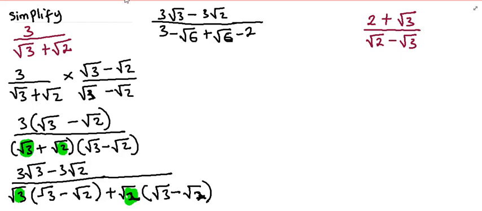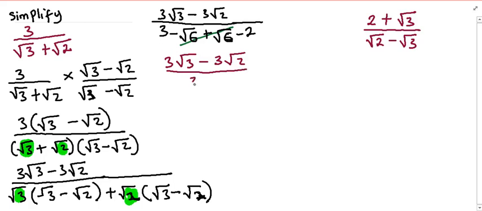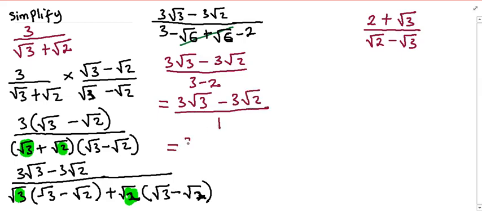I want you to observe closely that minus √6 plus √6 goes away, that's 0, and then we'll now be left with what? 3√3 minus 3√2 all over 3 minus 2, and finally we'll be having 3√3 minus 3√2 all over 1, and any number divided by 1 is just that number, right? So 3√3